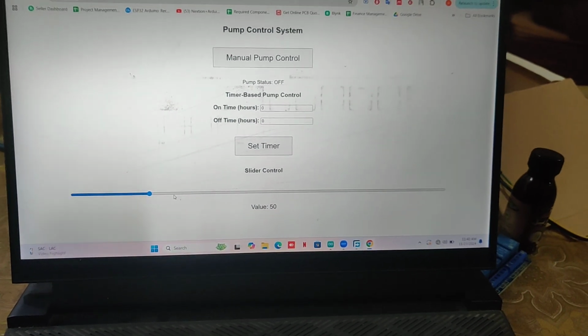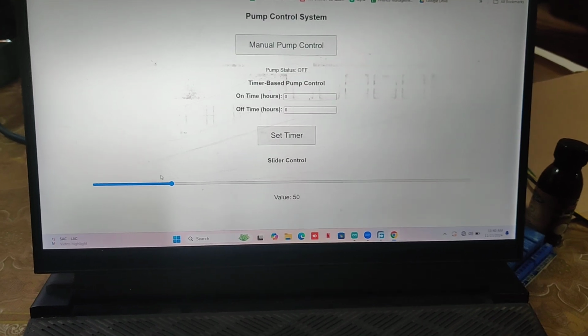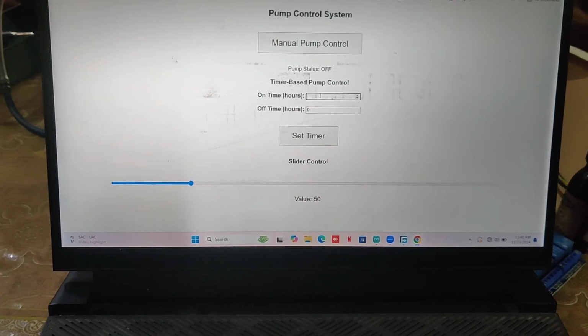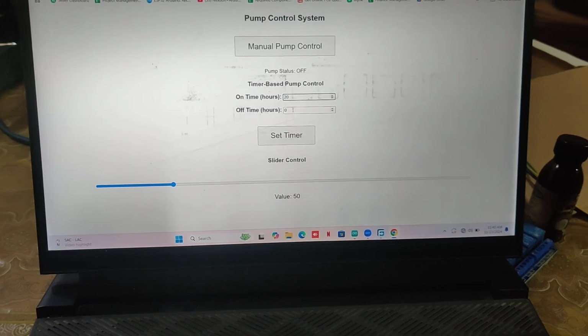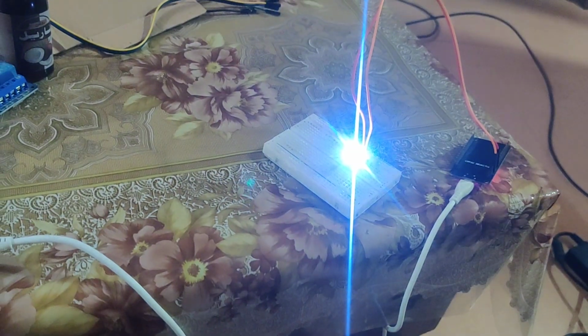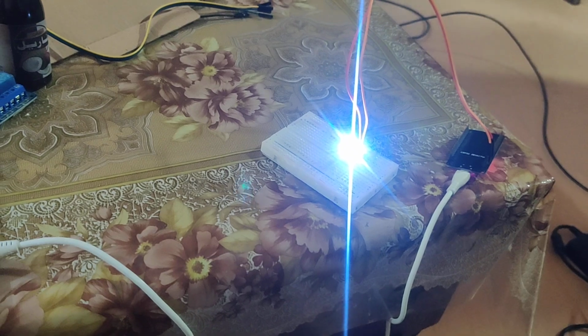Let me demonstrate it. So right now I have set it to 0. Let me put it around 20 seconds on time and 5 seconds off time. When I set the timer, you will see it will turn on. Yeah, it is turned on. So right now it is